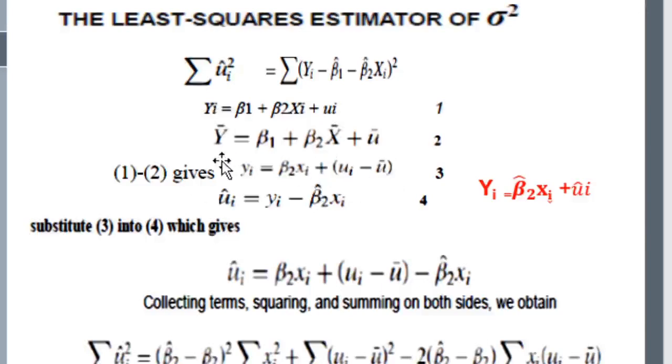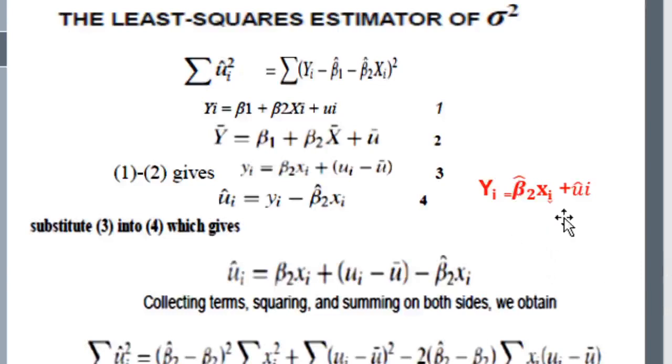That is, yi minus y bar, small yi, beta 1 minus beta 1, 0. Beta 2 xi minus beta 2 x bar, beta 2 common, factor out beta 2. Then x minus x bar can be written as small xi. So small yi equals beta 2 small xi plus ui minus u bar. And the next important definition is that in the deviation form, we know that